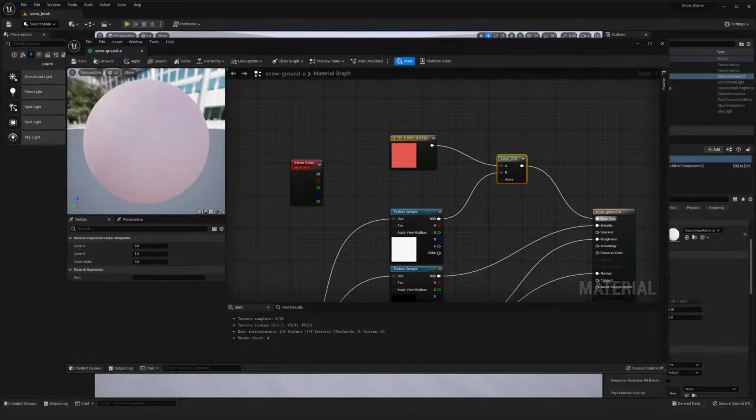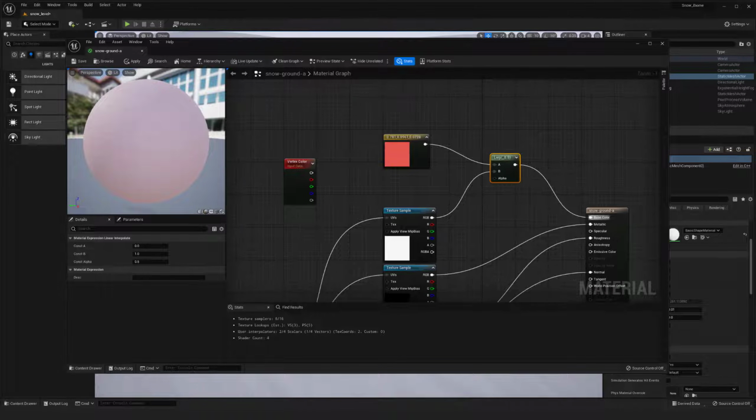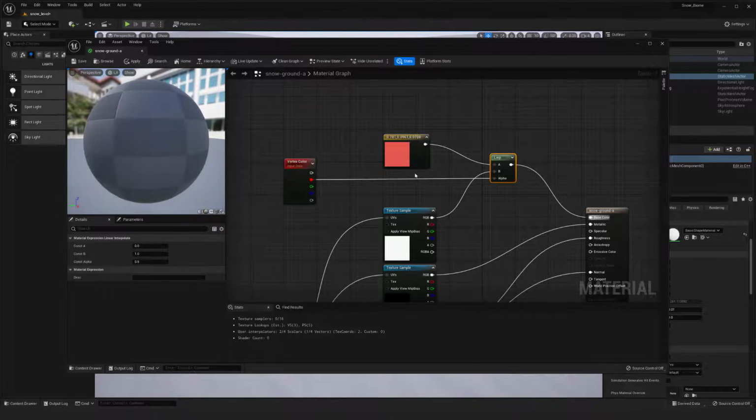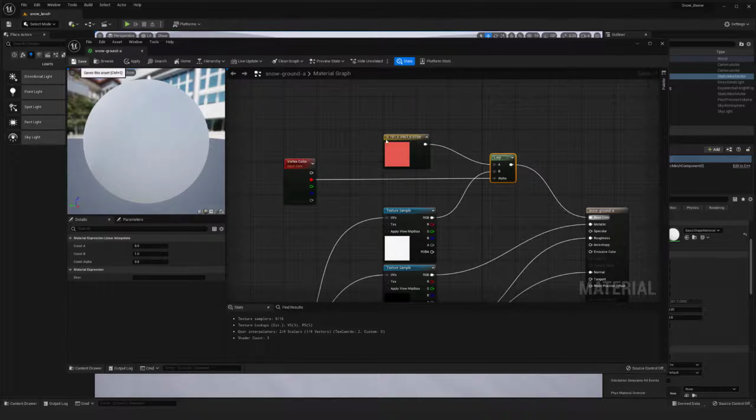Now you'll notice that right now, it's just going to be red because there's not actually anything culling that out. So I want to plug this alpha specifically into the red channel. So now that I save this